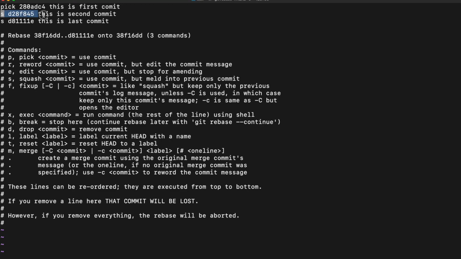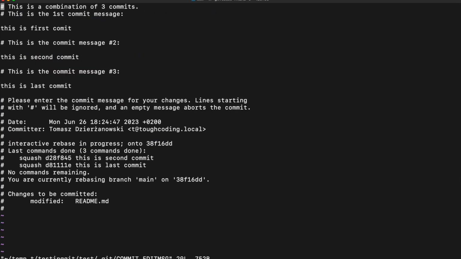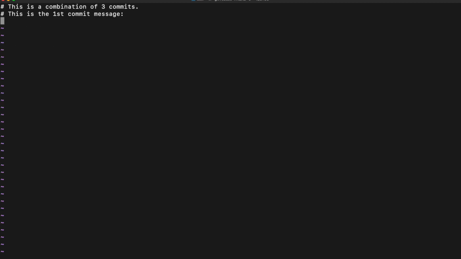The second and last commit will be squashed, like melted into the first commit. Now specify the commit message that will be used for all the commits. Here it's good to make some change number and the commit. This usually will be the tracker for the change for all the commits. This is implementation of new function.